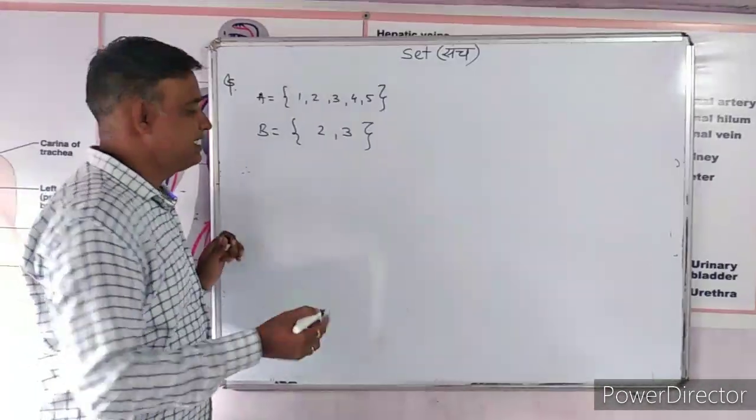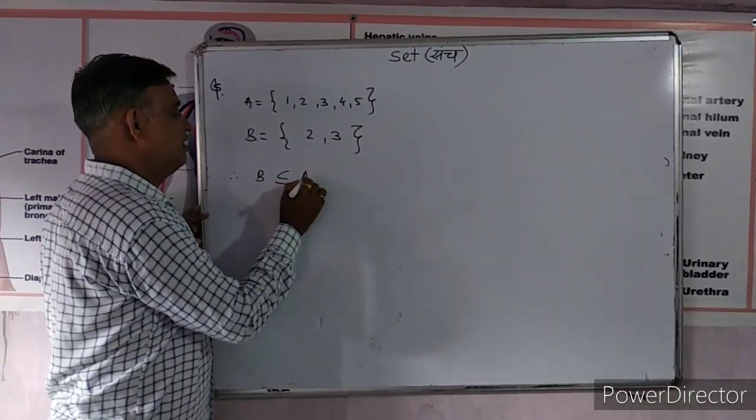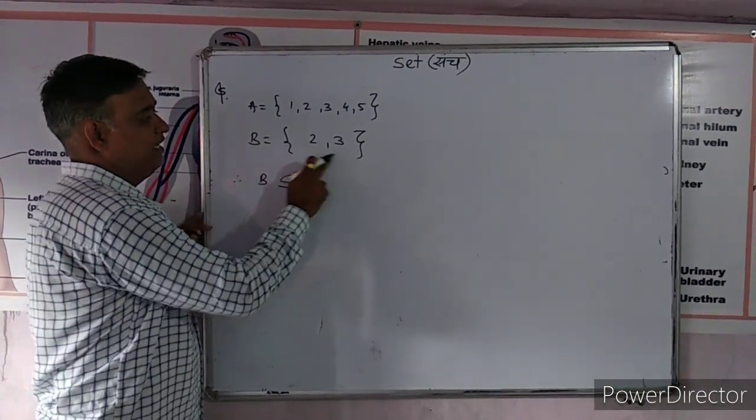By last lecture's learning we can say that B is a subset of A because all the elements of B are